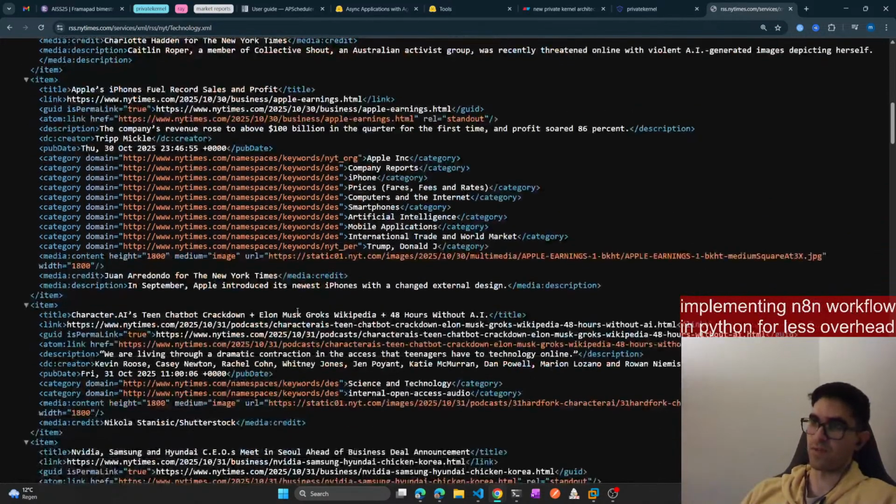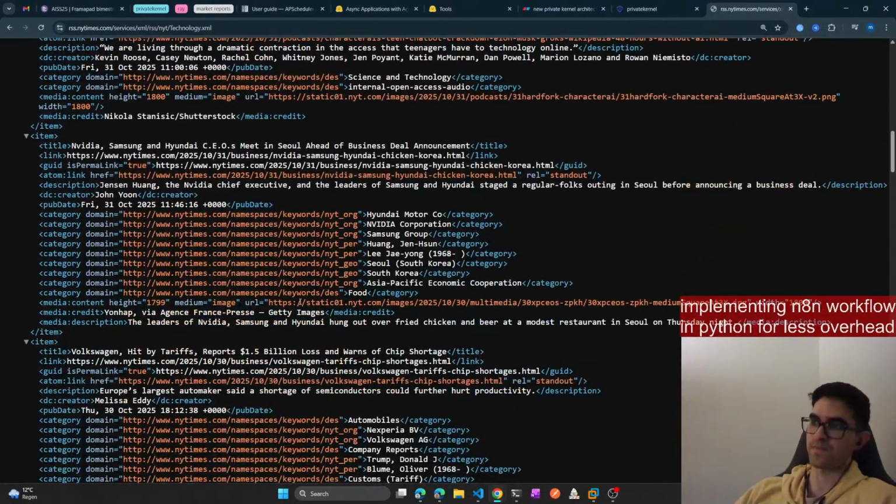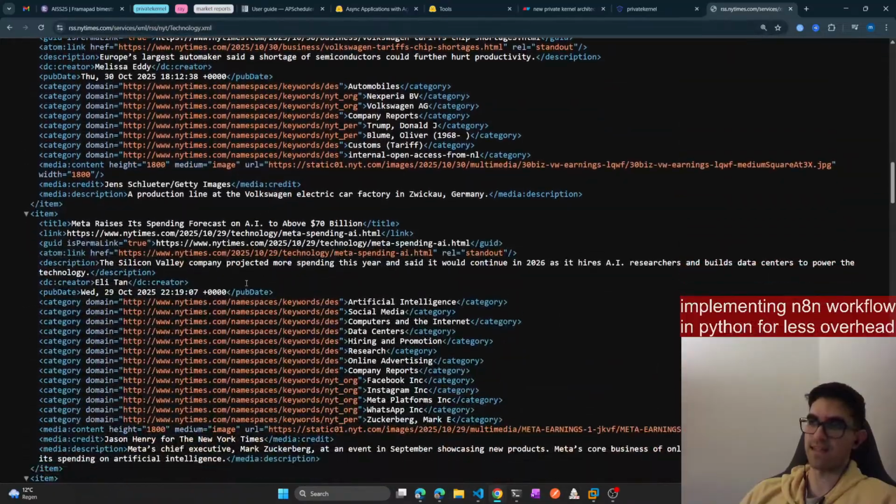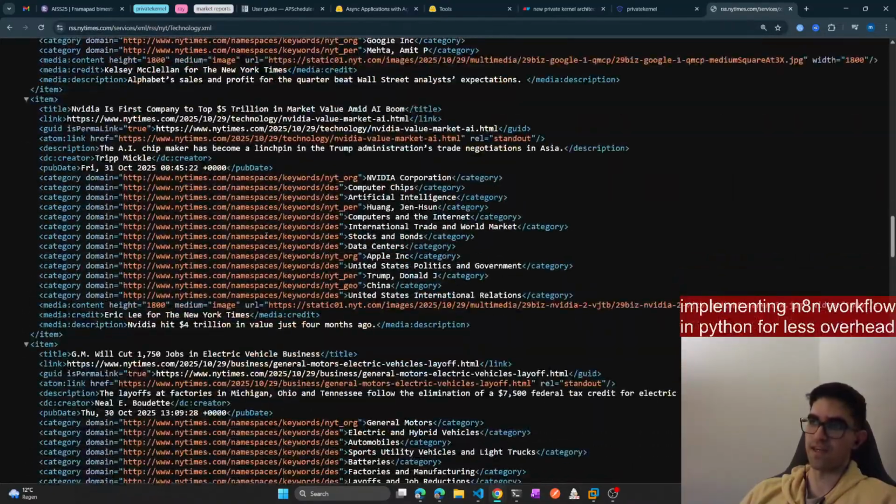So if you want to see what new articles are available on their web page, maybe you can't look at them directly via scraping, but you can come here, take a look at this RSS, and find a useful link.